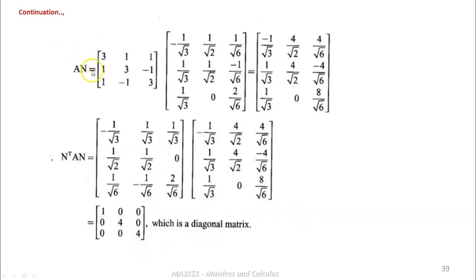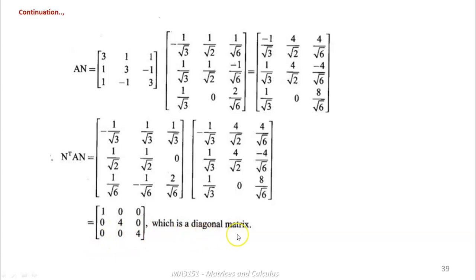Now we are going to multiply the matrix A and the normalized modal matrix N. We get this answer. After getting this answer, now we are going to take the multiplication between N transpose and A N. After multiplying these two matrices, the answer becomes 1 0 0, 0 4 0, 0 0 4,